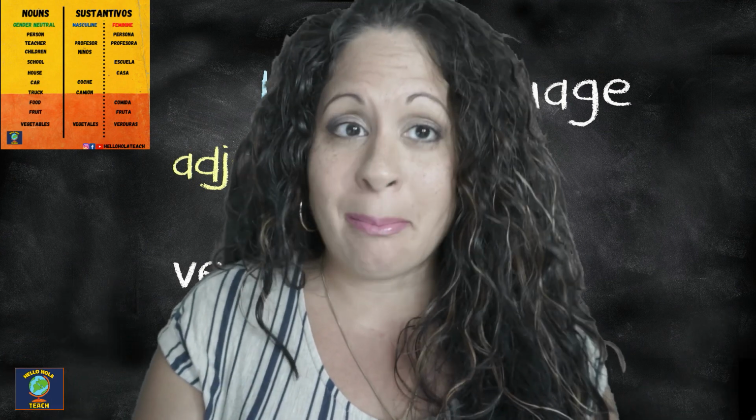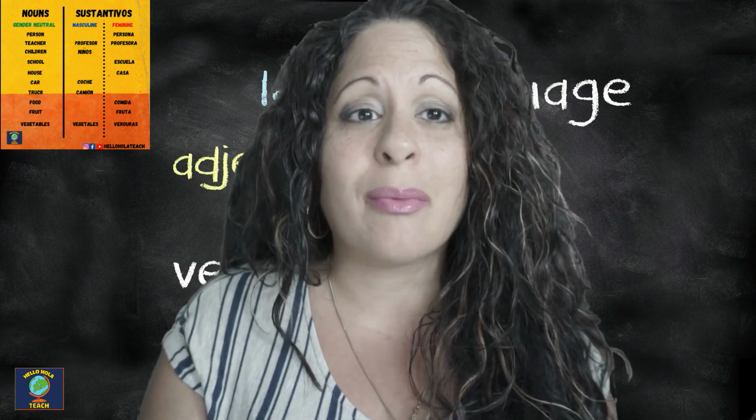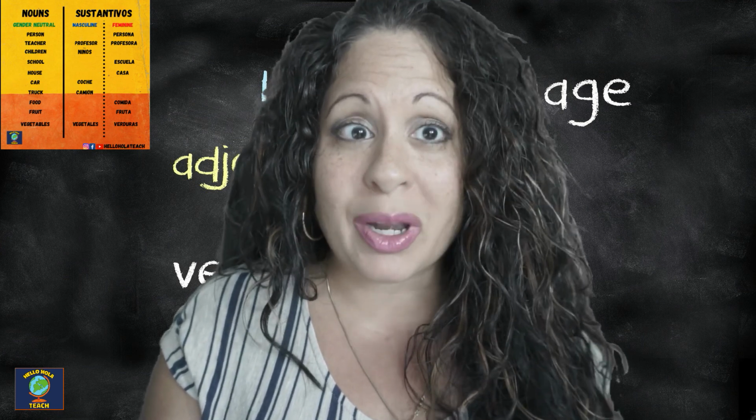They are neither masculine or feminine, unless, of course, you're saying the girl, the woman, the man, the boy. Different story. In Spanish, we have masculine and feminine words, as in persona, carro, coche,